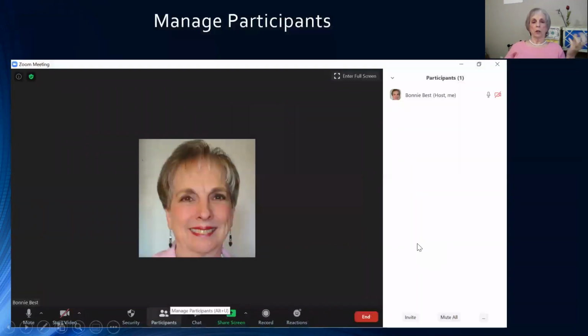So now what if you started a meeting and you want to look at who's participating, and if you're the host, you may want to invite some people. So again, down here in the lower section, there is a toolbar when I hover my mouse, and it says participants. When I click on participants, up here on the right is a section that shows right now only one participant. And today that's true. I only have me hosting the meeting. In the lower section down here at the bottom, there's invite and there's mute all. So when you click on invite,